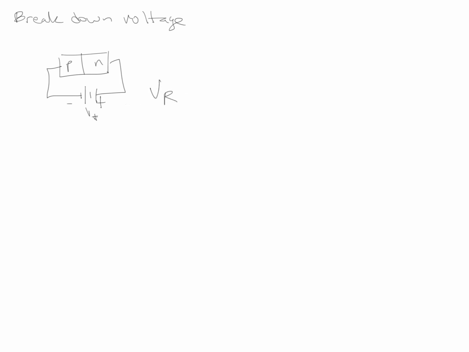Then they go into breakdown voltage. That's where you have a PN junction diode in a reverse bias configuration, where this is plus and this is minus. And they're saying when VR becomes too big, then covalent bonds are broken,